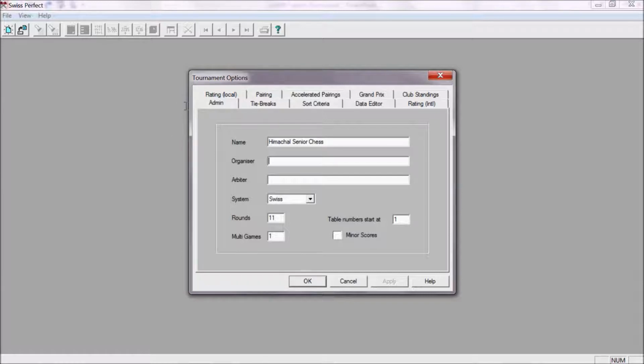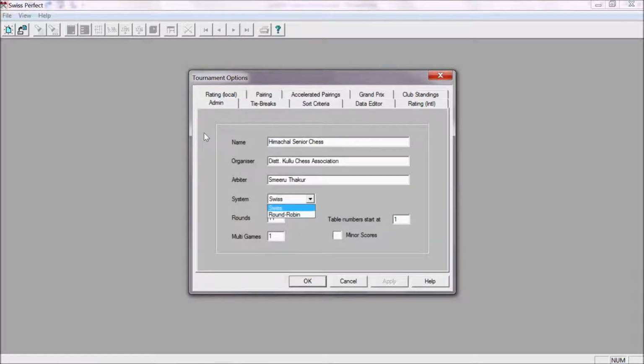Organizer, whoever is the organizer, for example, I am writing District Kullu Chess Association. Arbiter, for example, I am the arbiter. System is Swiss.